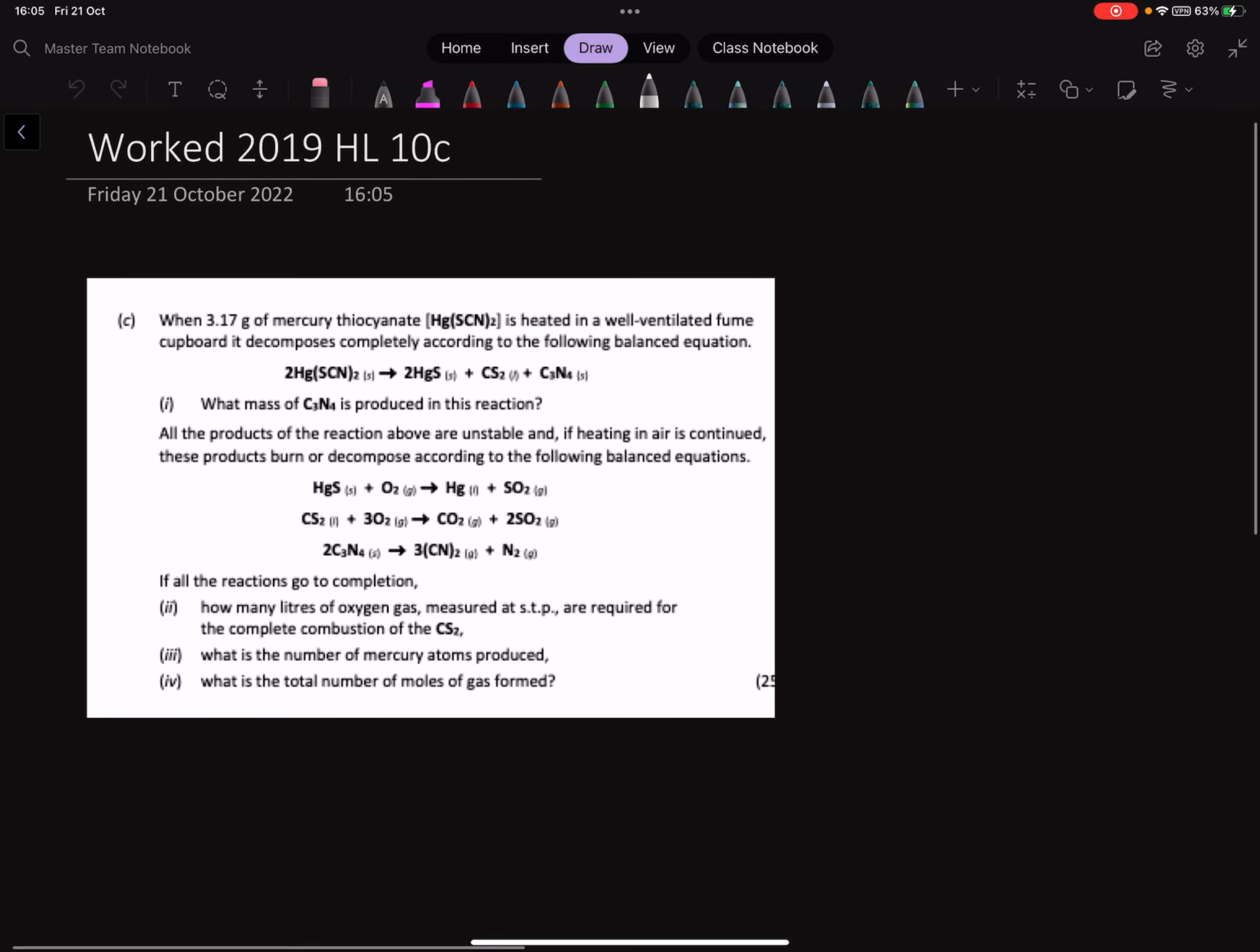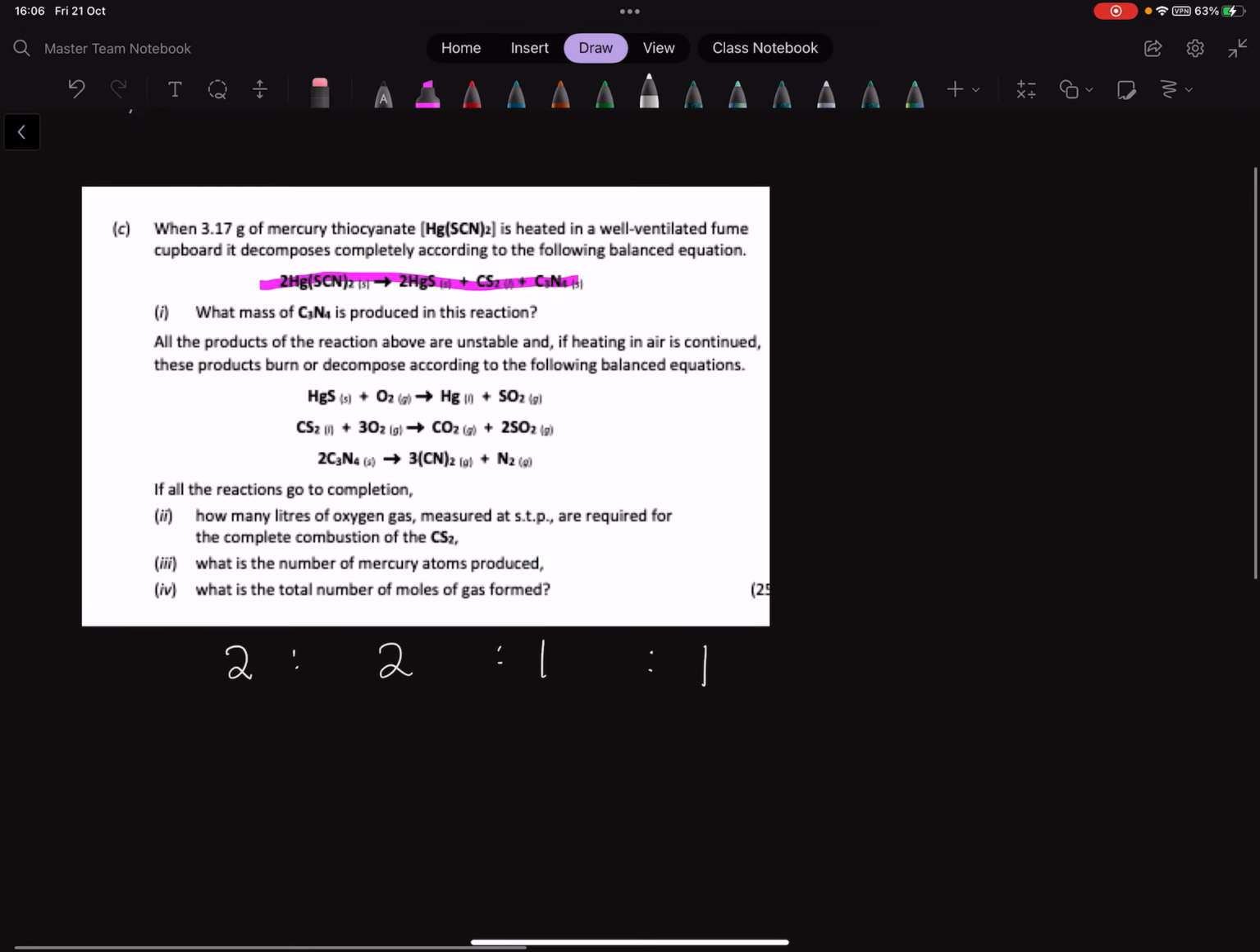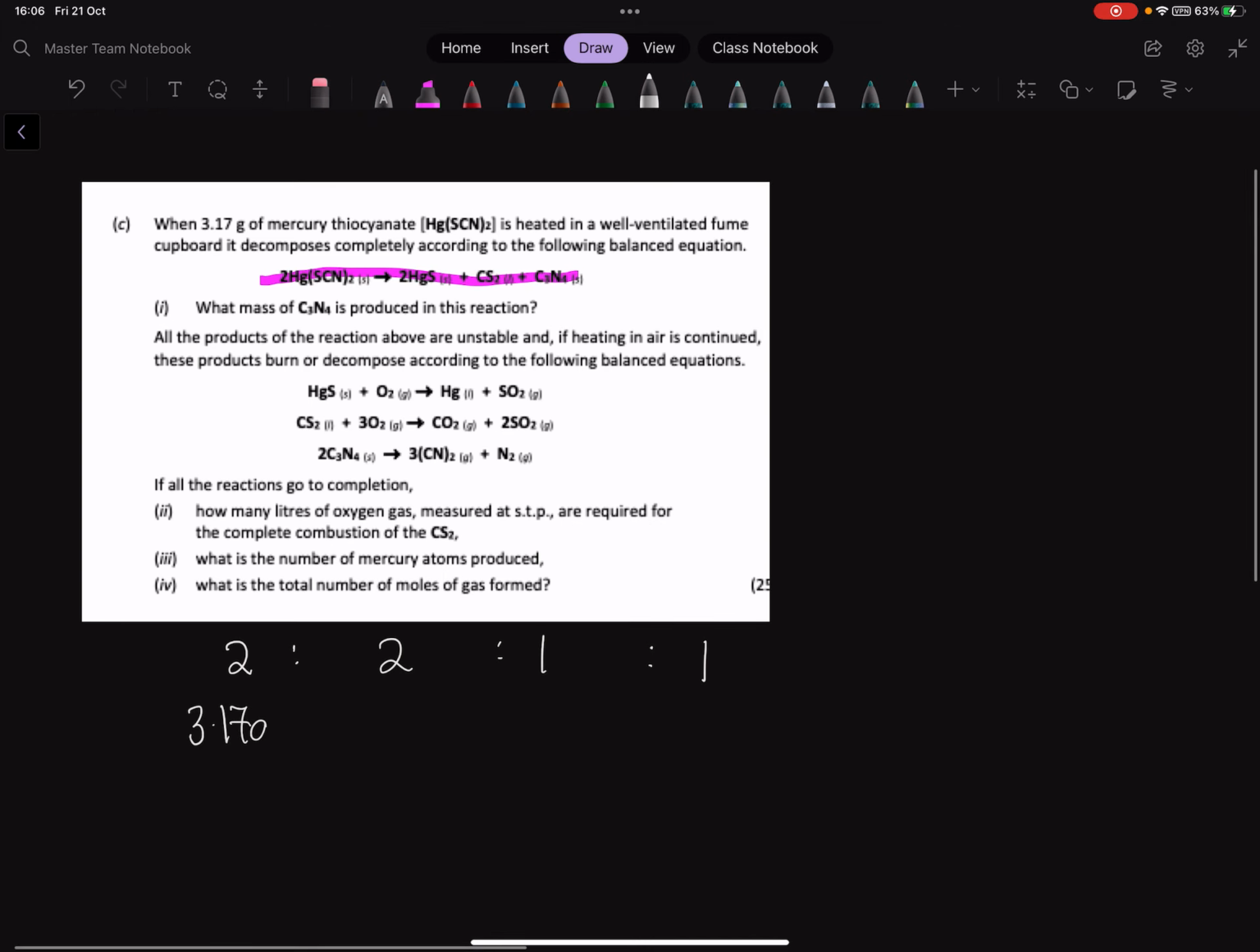Alrighty, so we are looking at how we would work the maths for 2019 higher level 10C. Following our 6 steps, we write out our ratio. We're looking at this first equation up here. Our ratio in this is 2 is to 2 is to 1 is to 1. The question then tells me I have 3.17 grams of mercury thiocyanate, and it's asking me what mass of C3N4,